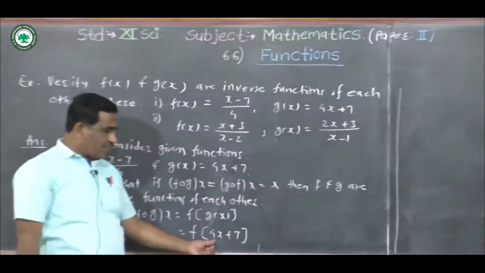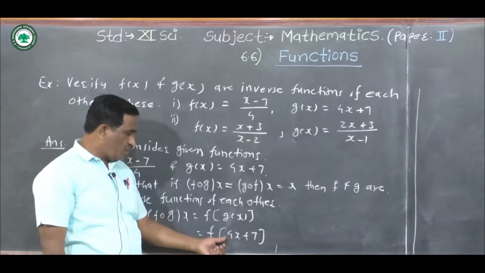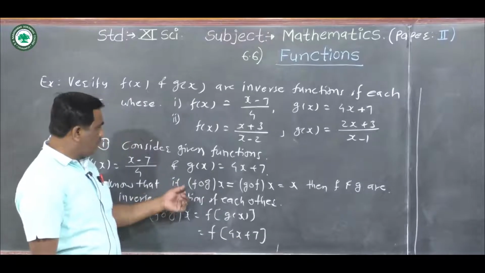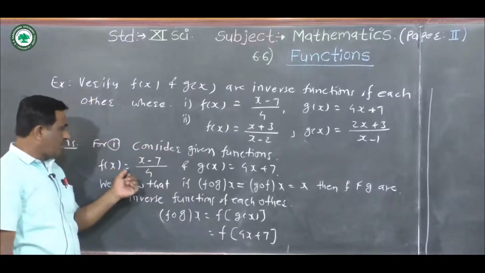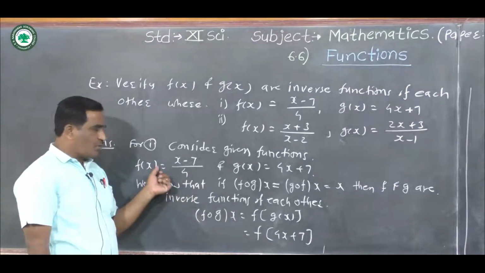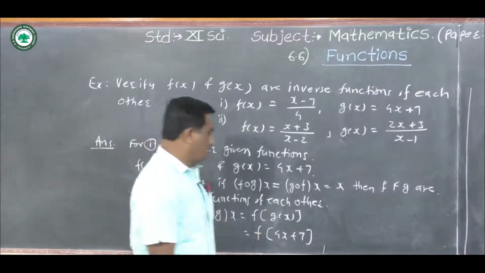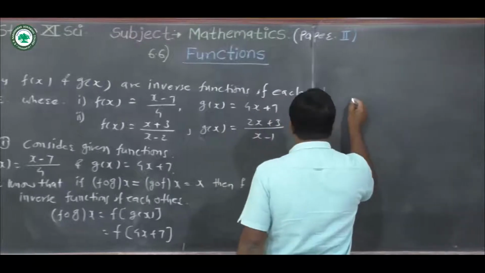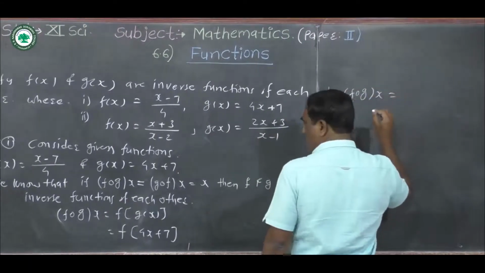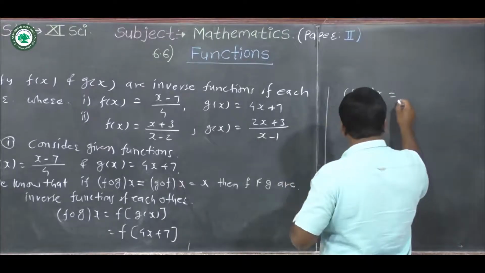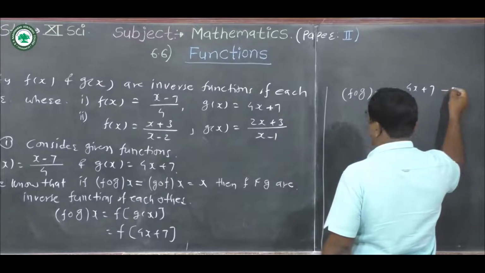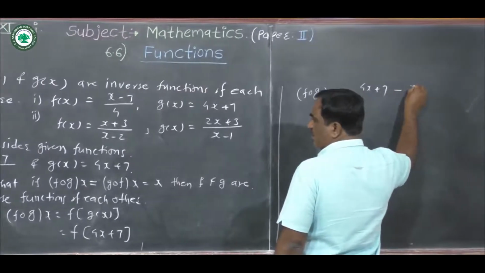But value of x is here 4x plus 7. Therefore, put x is equal to 4x plus 7 in function f of x. f of x is equal to (x minus 7) upon 4. Here put x is equal to 4x plus 7. Therefore we can write g composite with f on x is equal to (4x plus 7 minus 7)